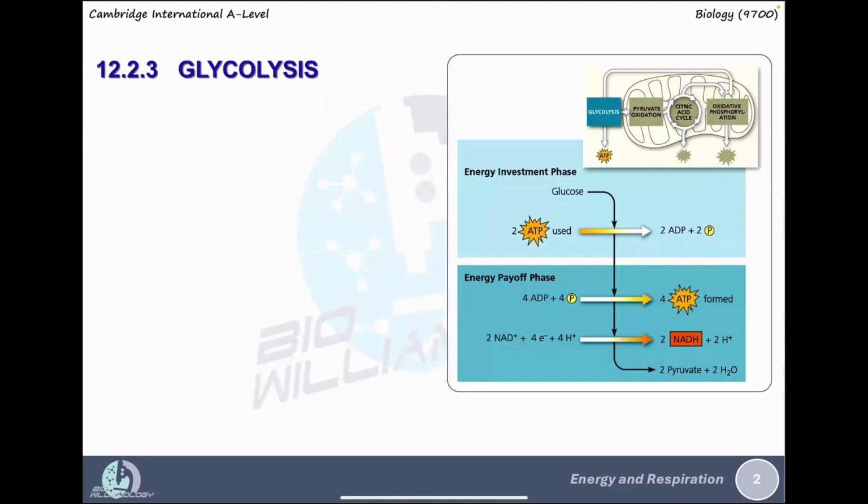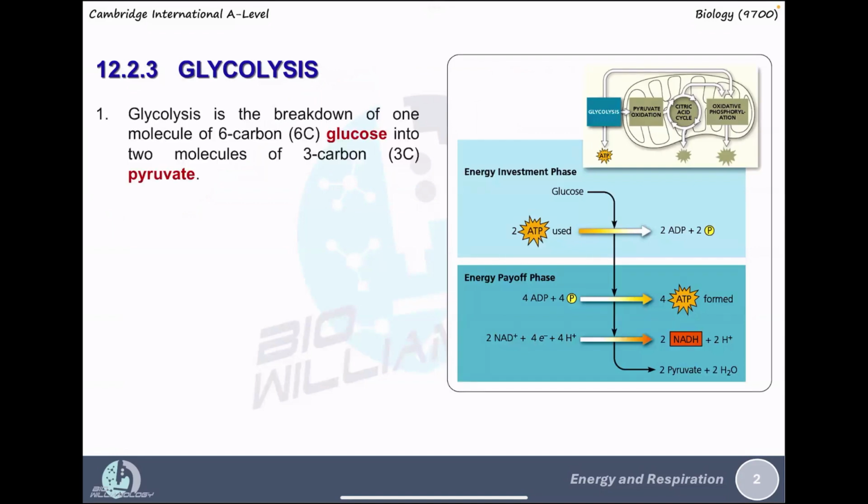In glycolysis, the main idea, or the main purpose of glycolysis, is to break down a molecule of 6-carbon glucose into 2 molecules of 3-carbon pyruvate. From the name itself, glycolysis: glyco means sugar, lysis means split. So the entire reactions here focus on the splitting of the glucose, which is a 6-carbon molecule, into 2 molecules